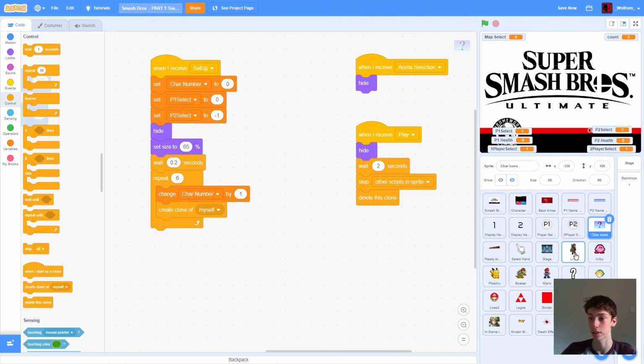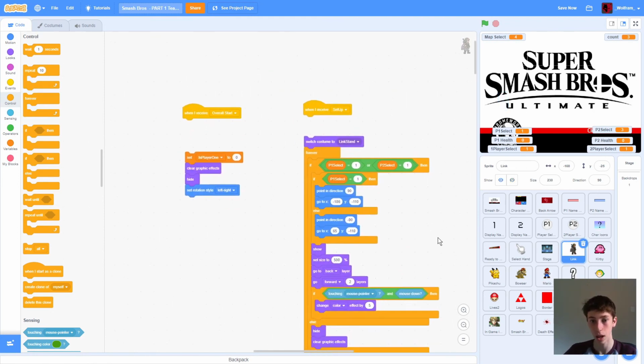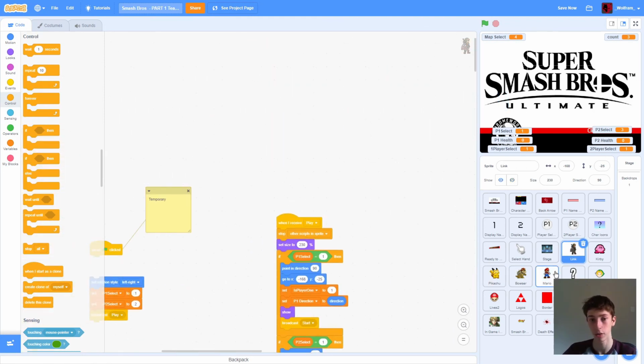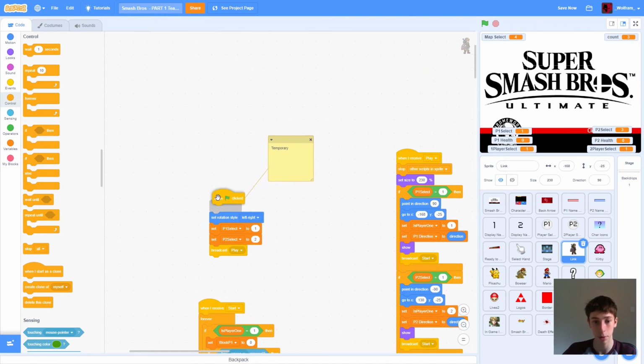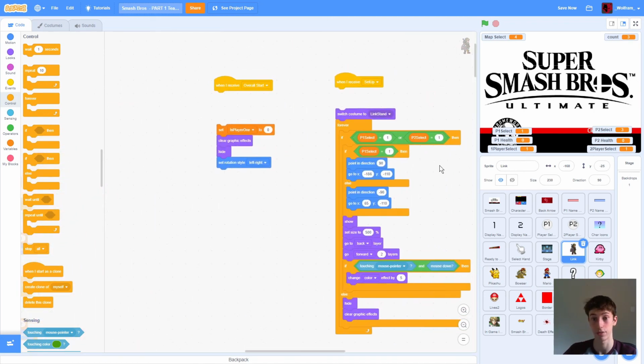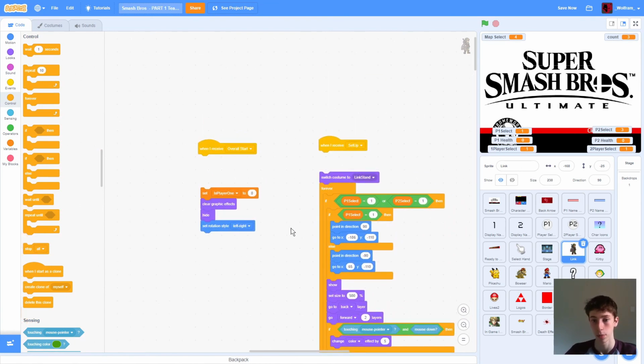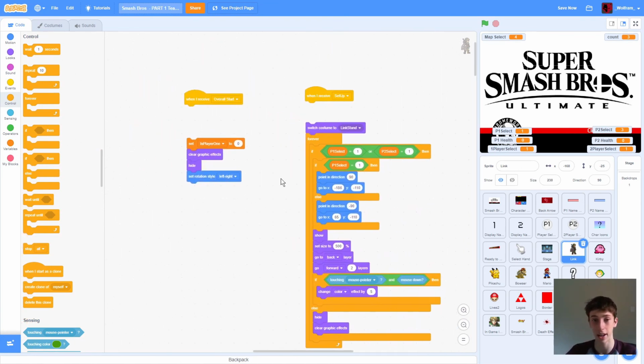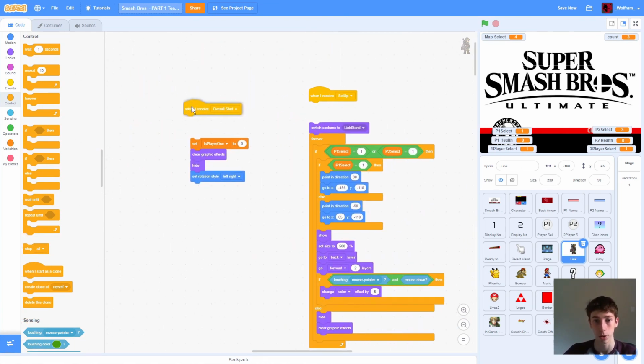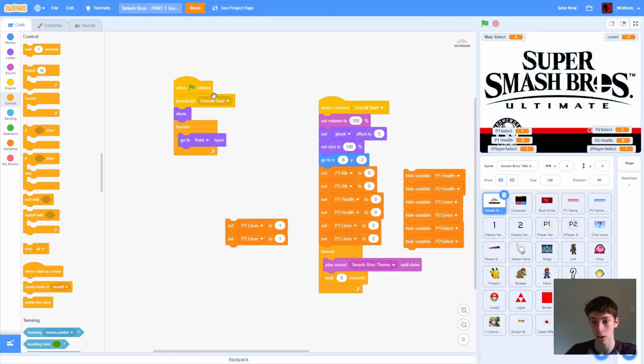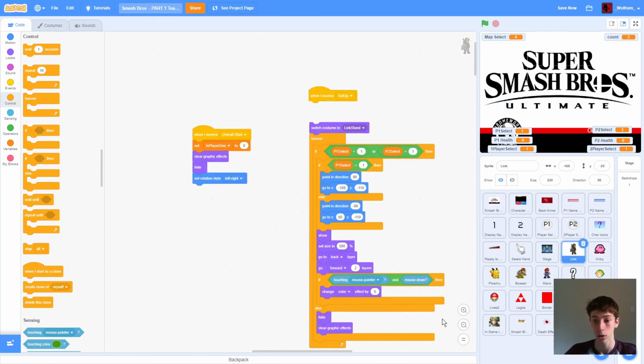So, let's go over to Link over here, and then we have a few different bits of code. Before I go over here, this little temporary bit of code, we're just going to get rid of that. We don't really need that anymore. Now we can, for real, actually code it. This is the last bit of code we're going to do in the episode, and then we're going to wrap it up. So here, whenever we receive overall start, which is the very start, this thing we did at the very start of this episode, we go here,